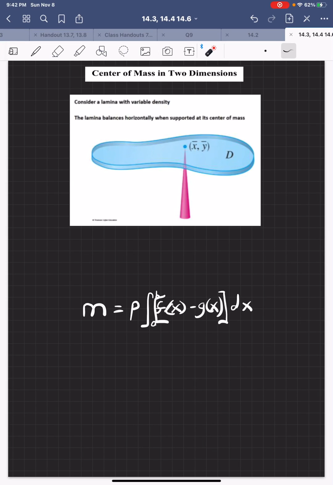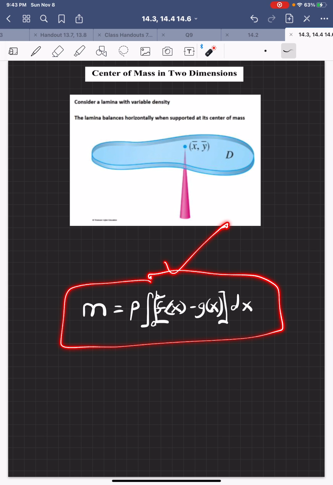Okay, so back in chapter 7.6, we learned about mass and density and how to use some of the integration techniques that we were developing to solve things like finding the center of mass of some type of planar lamina. And again, for all intents and purposes, we can just think about that center of mass as that one balancing point that you could use to balance your lamina on, say, the tip of your pen or pencil. Now, the formula that we used back in chapter 7 looked something like this,